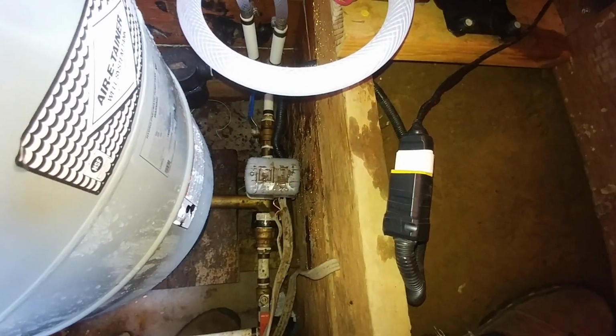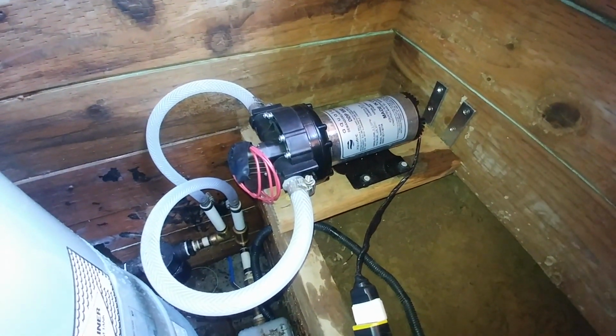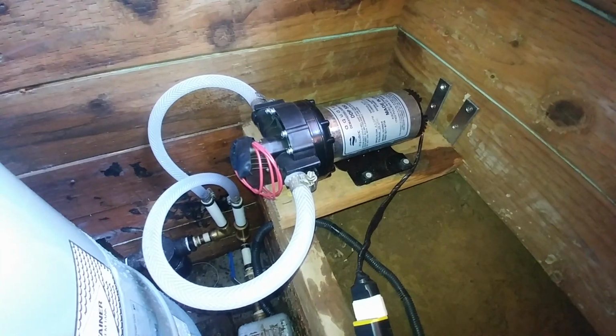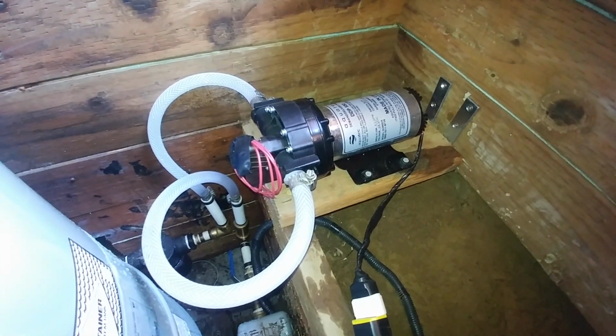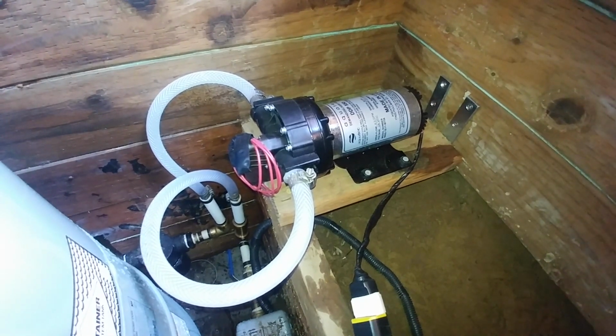So for people in my situation, we have to use what is called a pressure tank. A pressure tank is a steel tank that water is brought into. It has a diaphragm or bladder in it that expands as the water comes in, and it contracts. That expand and contract is what maintains the pressure. It keeps the pressure pretty much even. It'll have what they call a cutoff, where it's too much pressure,